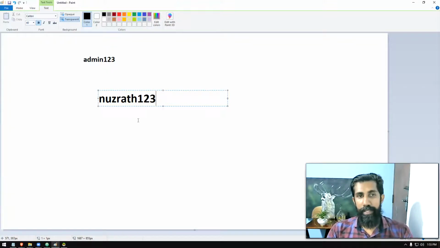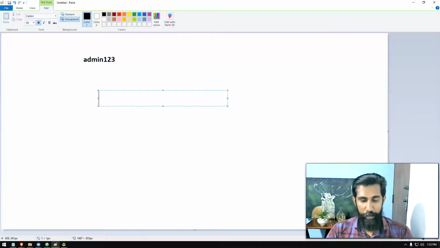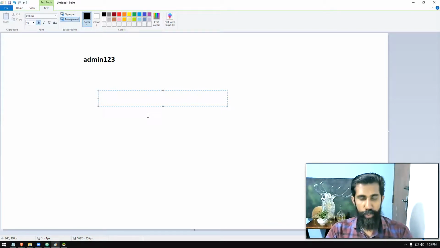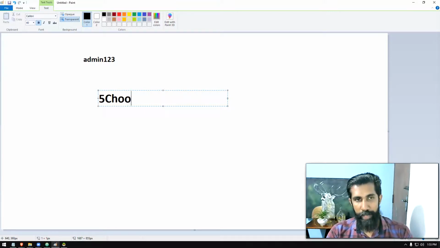So these passwords we are asking, even if you encrypt these things, no use, right, children? So better use something like capital letters, simple letters, symbols, and numbers together. For example, you want to use in your password a place like school, right? Then you type school, you can type 5, capital C, H you can type, simple. Then you can type 00. This is not O I'm typing on the keyboard, I'm typing two zeros. Then I'm typing simple L, school, right? Then hash mark, something like this, right?